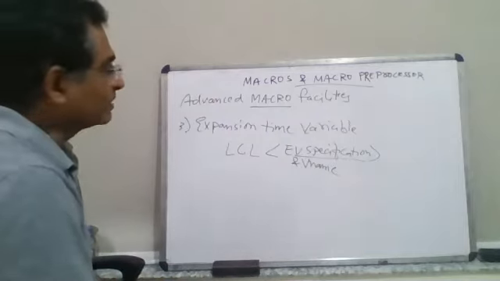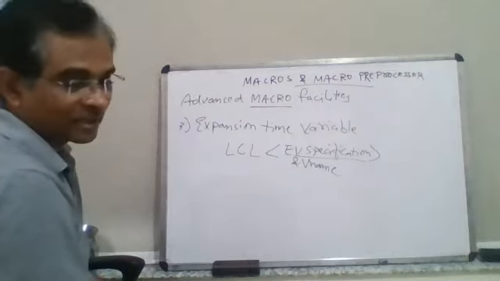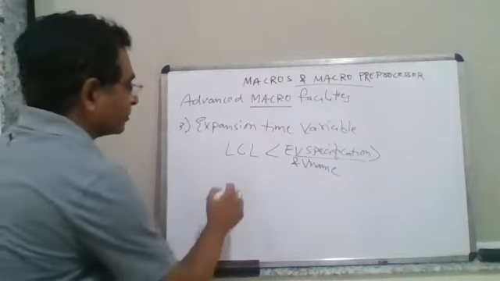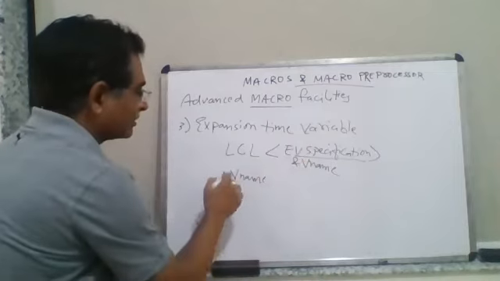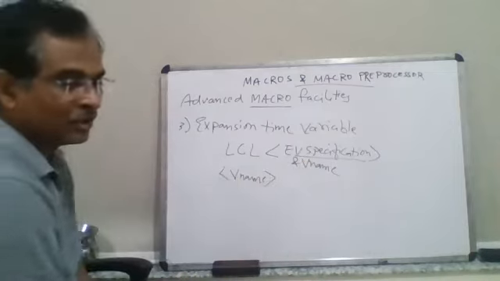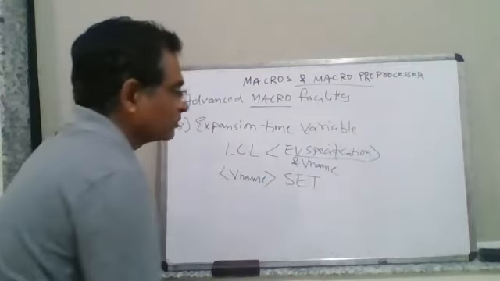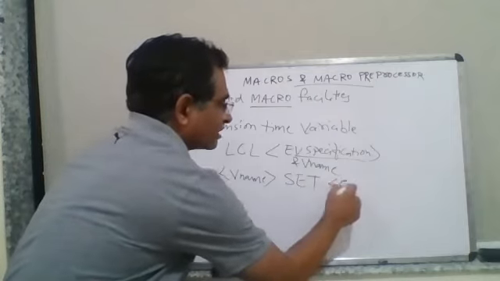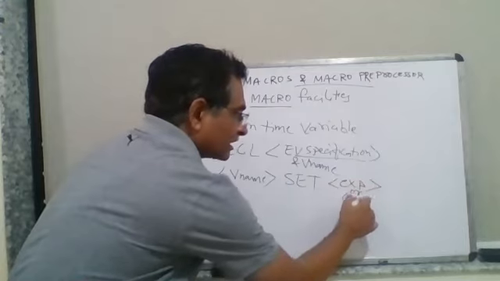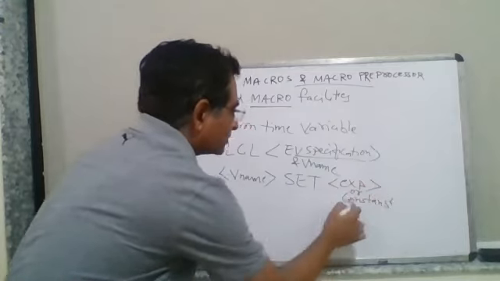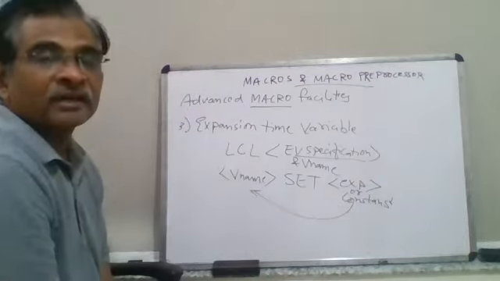So once this variable name is defined as type LCL, local expansion variable, then we need to set the value into it. So the variable name I'm using here, this one, is supposed to be given the value using the SET construct. SET is going to be used, and the value that you want to submit is supposed to be specified here. Either it can be an expression, or it could be a constant also. So directly you can specify the value, and once we specify this, it will be submitted to this variable name, right?